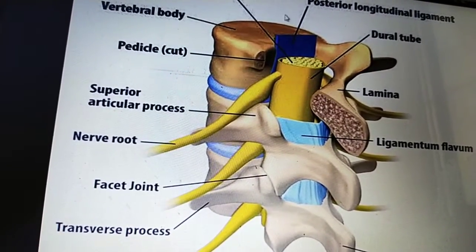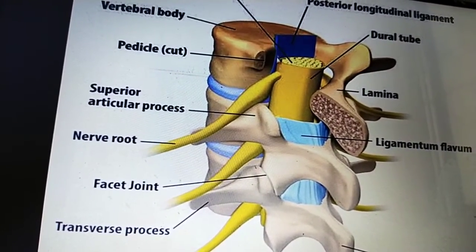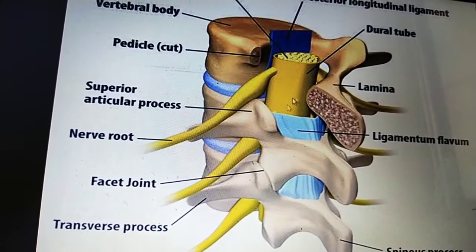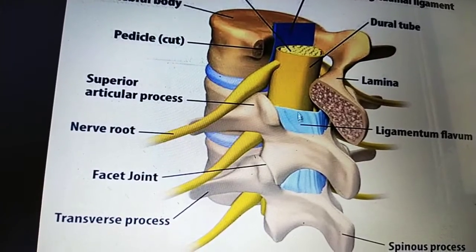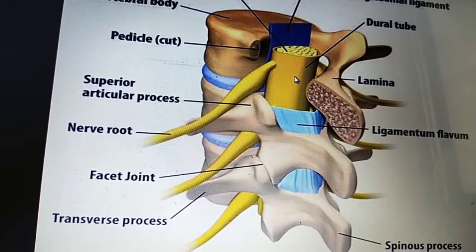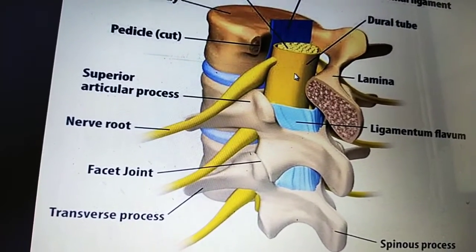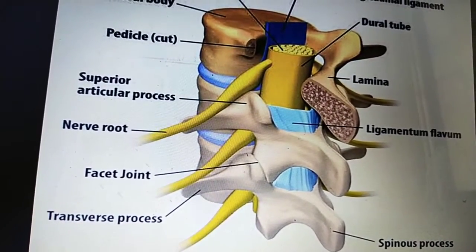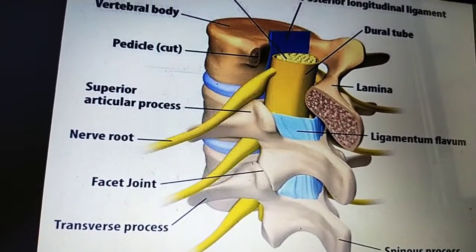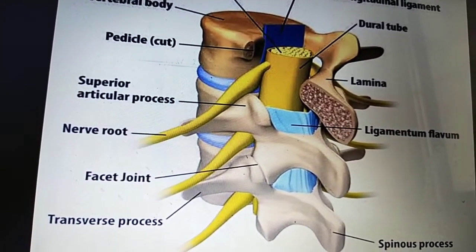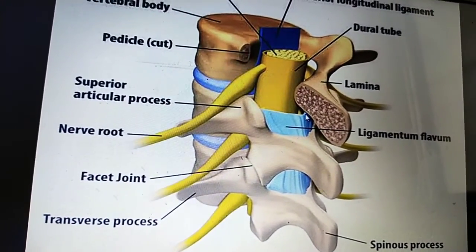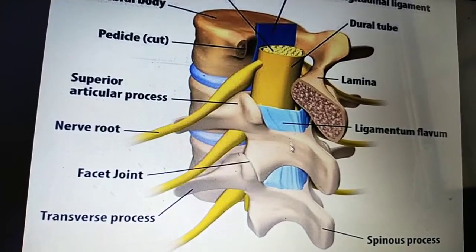This foramen or this tunnel is the spinal canal. And you can see here towards the body there are some ligaments. They are very important when you go for spinal surgeries or any type of anesthesia. The feeling of rupturing of these ligaments, such as the ligamentum flavum, during spinal anesthesia is very important to know.